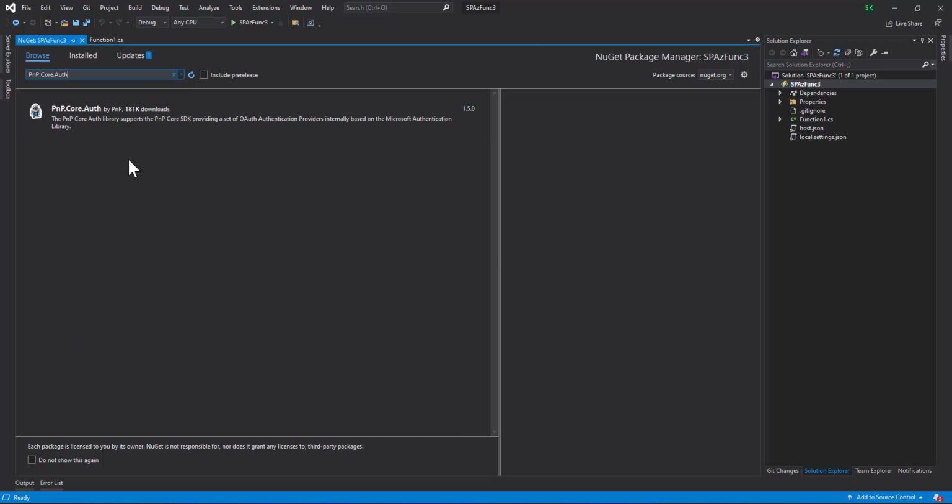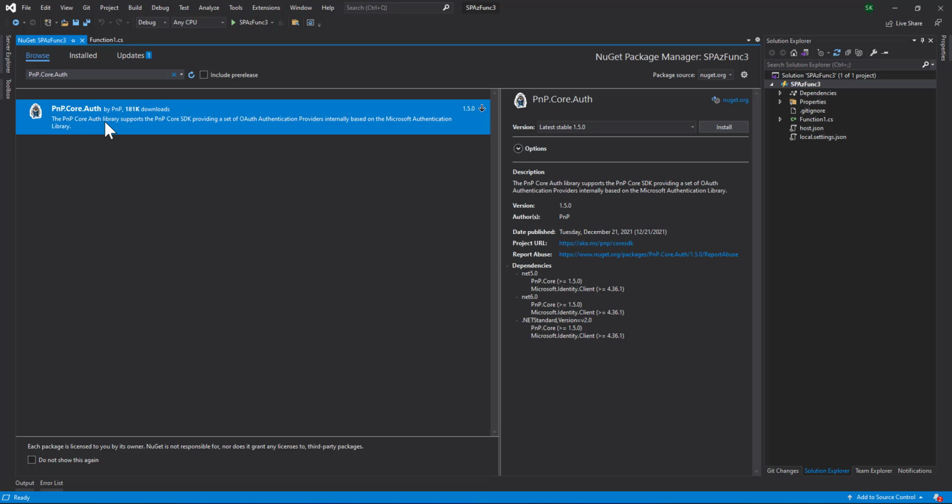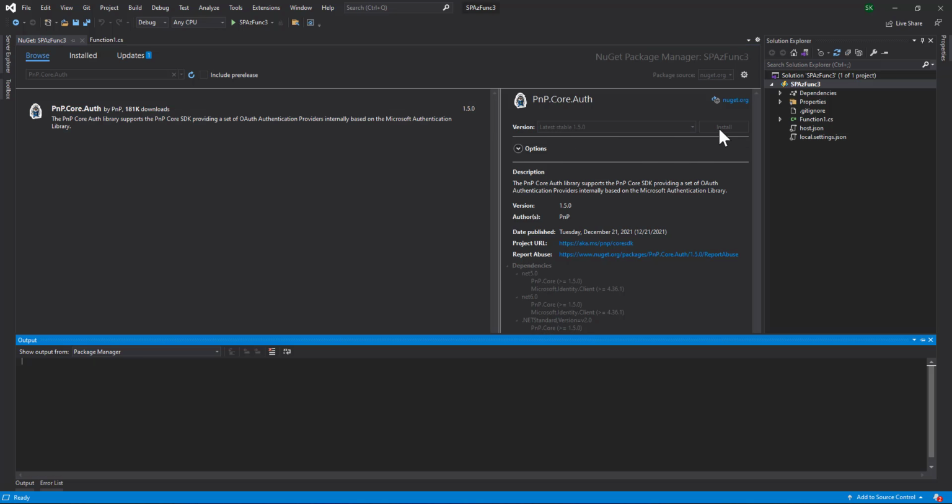You need to install PnP.Core and PnP.Core.Auth. Just select Core.Auth, and the dependency package PnP.Core will automatically get installed. Here I am installing the latest stable version 1.5. I'll just click install.